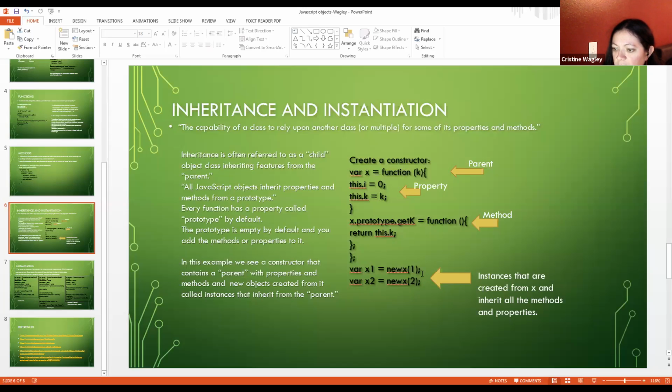So this inherits all of the methods and properties from variable X up here. We're just creating new instances of it. So everything that I could find on instantiation referred to this. And basically all of this is being inherited from the parent part, or the top of the constructor.